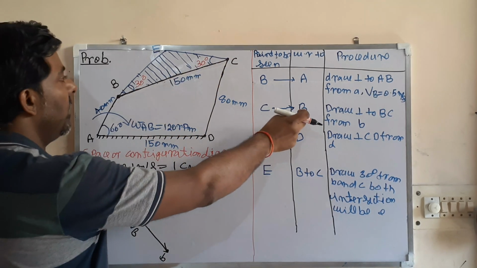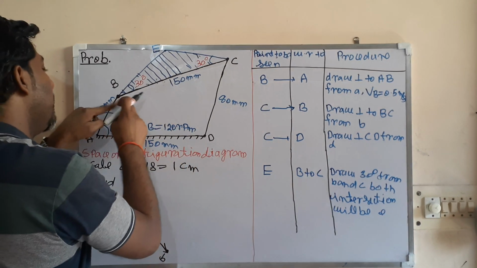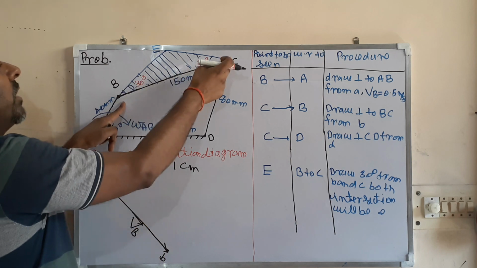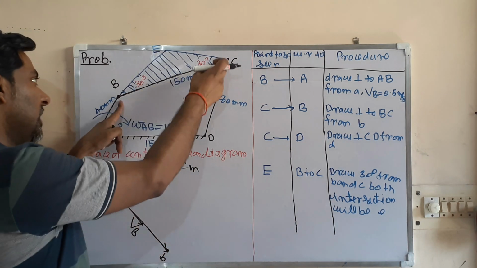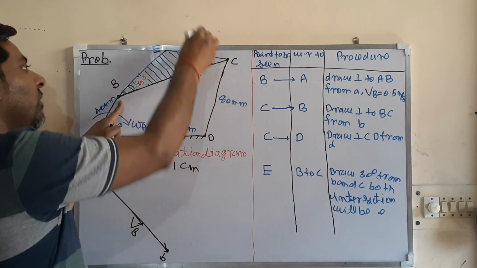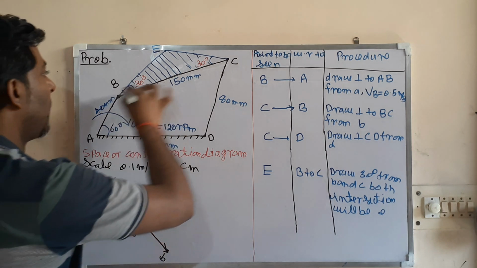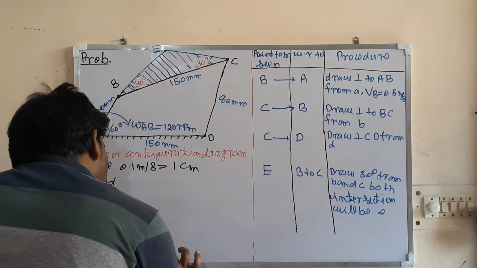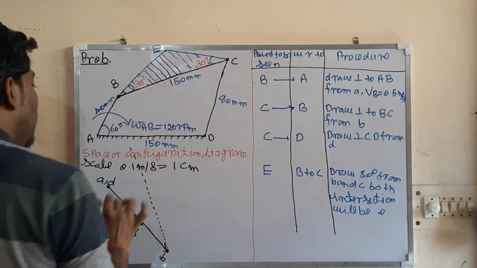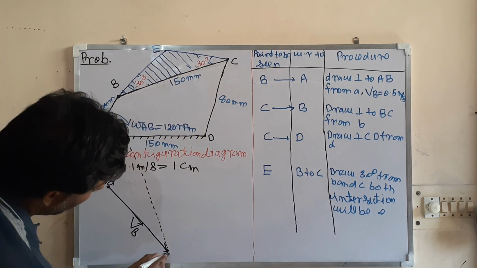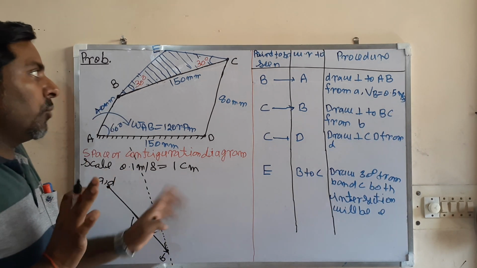So I am going to see point C from where? From B. When you sit at B and look at C, then the velocity of point C with respect to B will be perpendicular to BC. So from B you will draw a line which is perpendicular to BC. So this is a line which is perpendicular to BC. So you are not able to fix the point C.